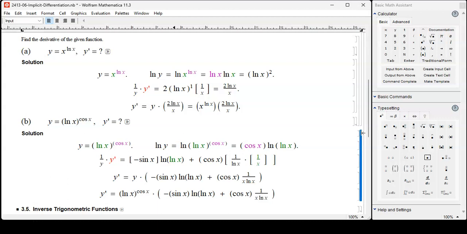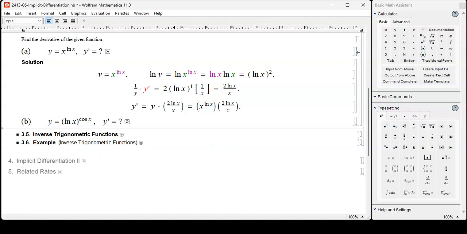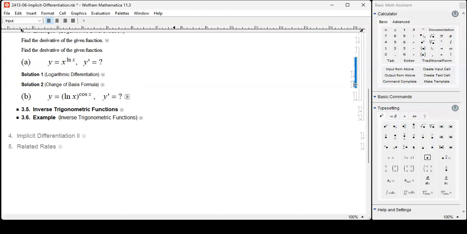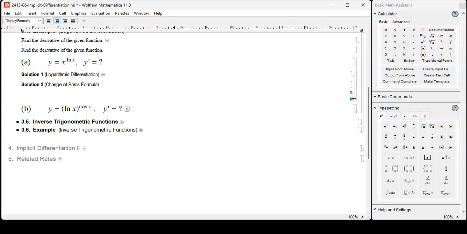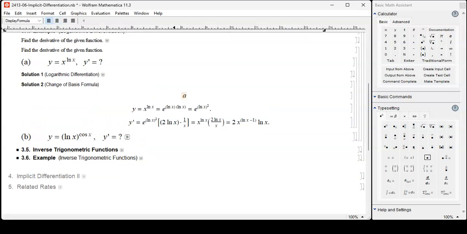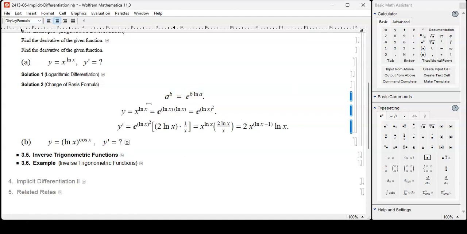Let's see, that's one way to handle it. But we have an alternative solution as well. An alternative solution is based upon the change of base formula. Let me show you. What is the change of base formula? It's this. A to the b power is the same as e to the b times log of a. So if I use that, then I can change any exponential into natural exponential, and the base becomes log of